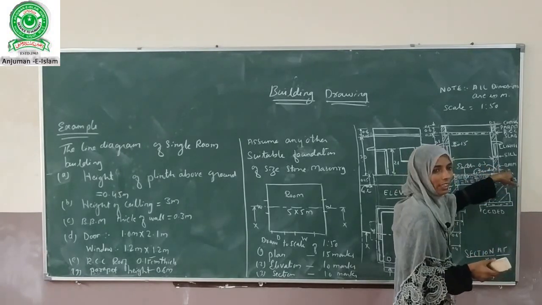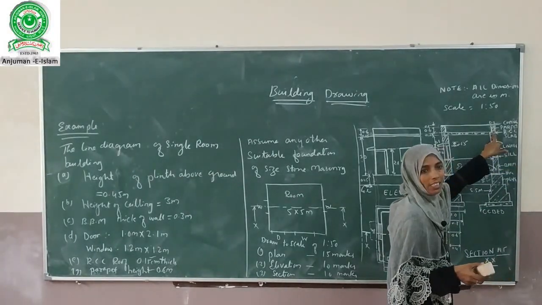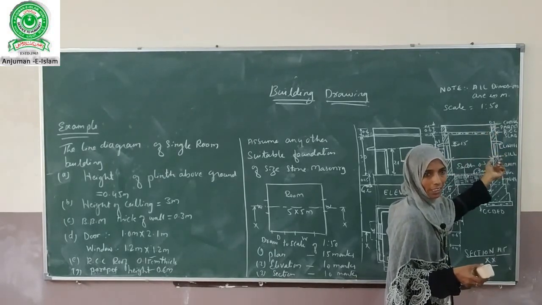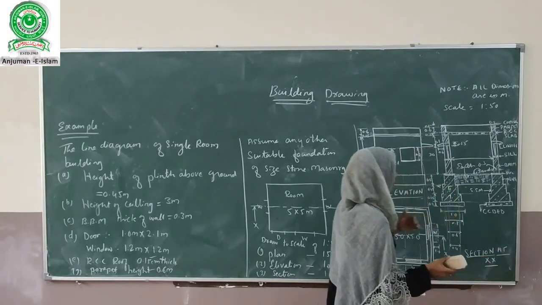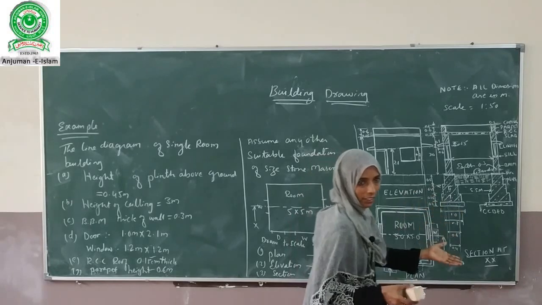This hatching will indicate burnt brick masonry. And this hatching will indicate RCC. It may be used for the slab or it may be used for the lintels. These hatchings will be used and it will give better explanations than the person can give on the sides.